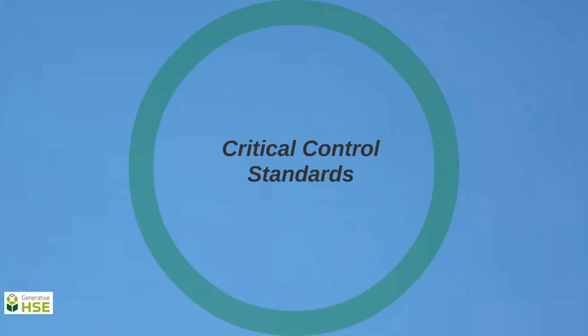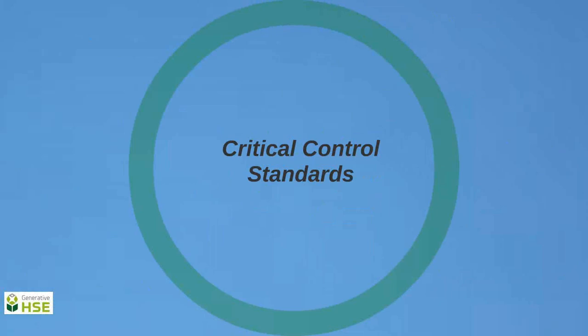So critical control standards are documents that exist for each critical control, so every critical control has to have one. They give the detail as to what the control is, how it works, how it's inspected or audited and the frequency of auditing, who it's reported to and how the faults in the control are recorded and reported, and who's responsible for each of the components. It's very important because if you've got critical controls in place, you need to know what actions have to be taken if there is an issue with that control.